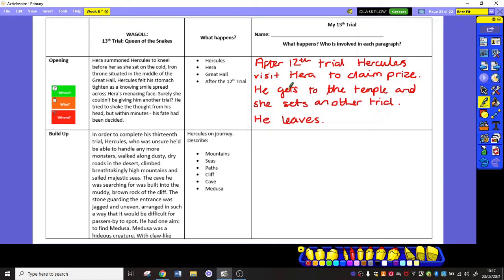Hercules felt his body sink. Terror and dread filled him. Normally he was not frightened, but this time he could not help but feel anxious. He received his instructions from Hera and left the mountain. And that was me just going off the very top of my head there,